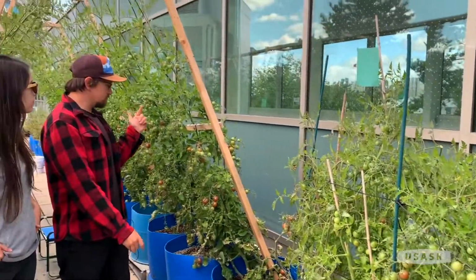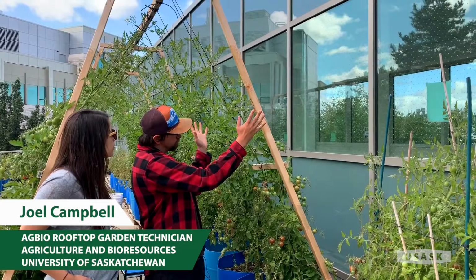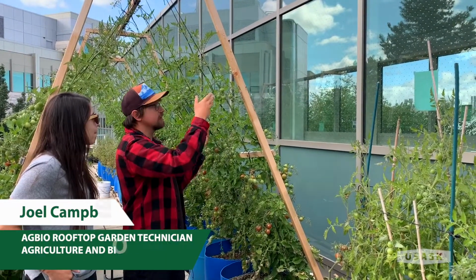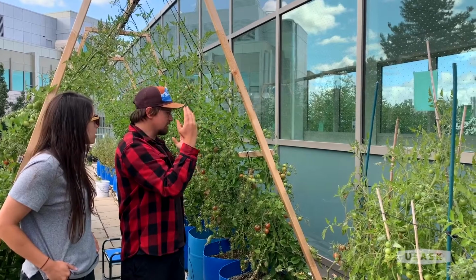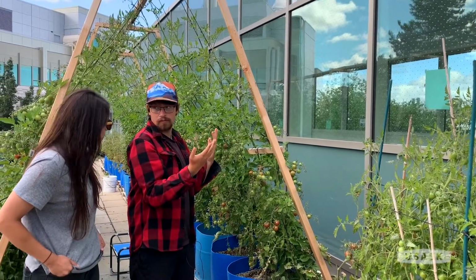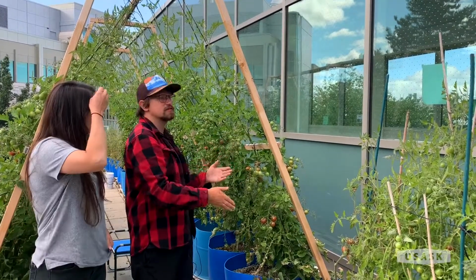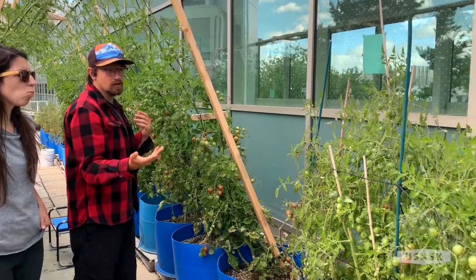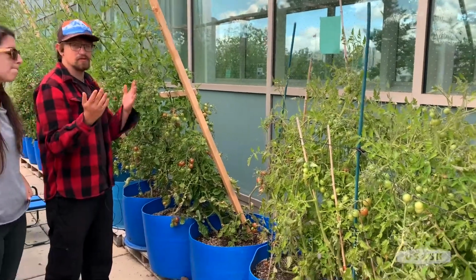Well, we use this tomato tunnel to kind of let them climb, because they're a greenhouse variety, they can climb. And so these ones we pruned. We did an earlier video on pruning and getting rid of the suckers so that they grow tall and they climb. Okay. But then with these ones, we thought it would be interesting to see how they would do without